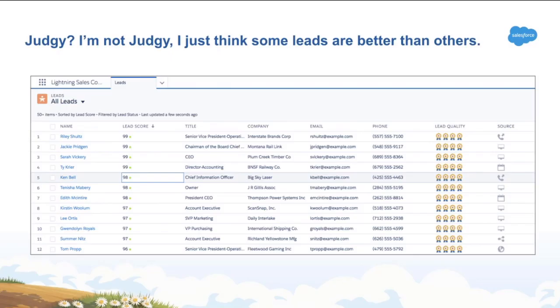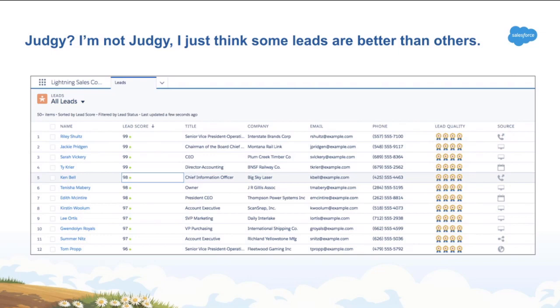How do you score your leads? How do you prioritize your leads? I mean, do you just call them in alphabetical order? Do you just happen to call whoever reached out first? I guess that's okay if you don't have that many leads. But if you go to a trade show and you come back with 300 names, who do you call? Really, that's a problem, right?